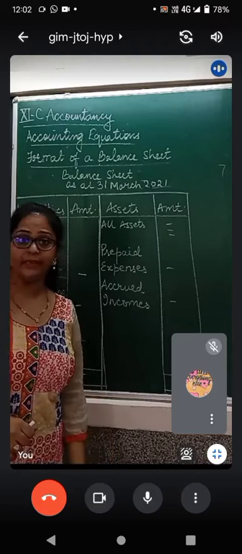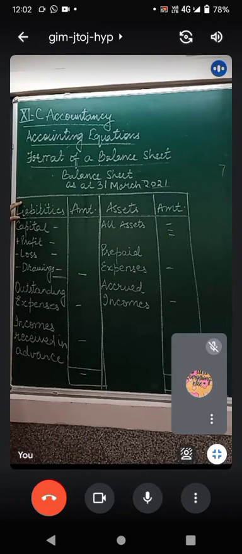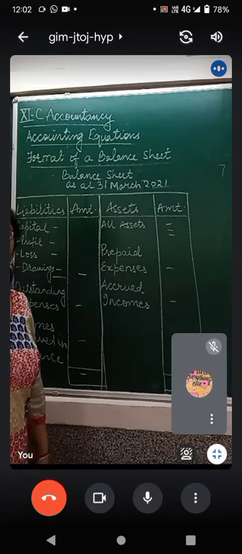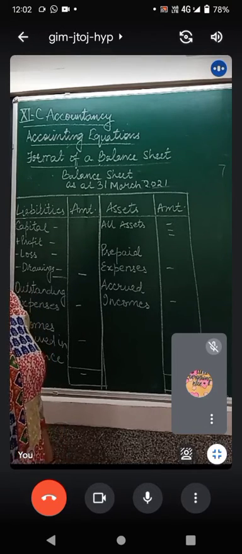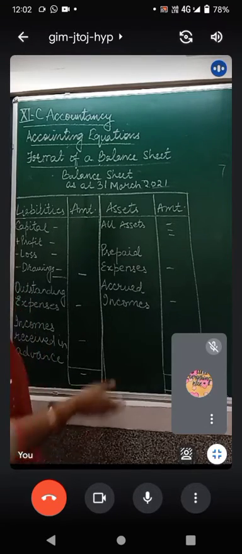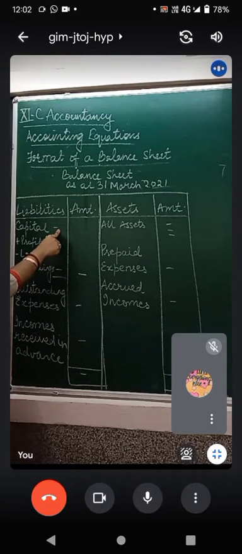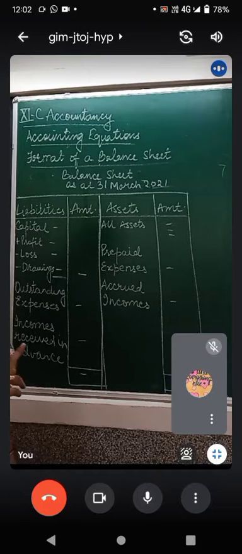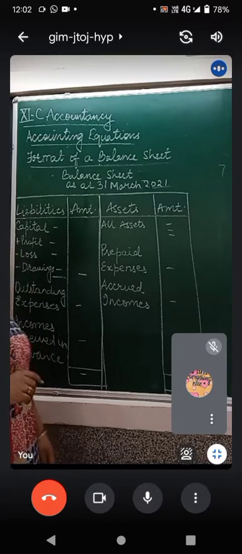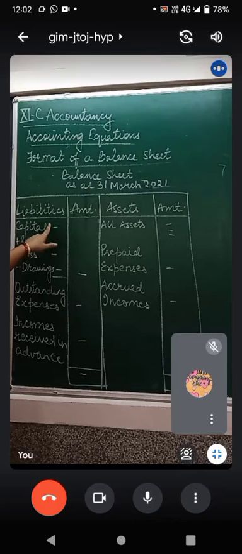Now what do we write inside this? In the liability side, children, we write capital, capital of the business or the capital of the firm. The question will tell you XYZ started business with cash. Means he started business with that amount of capital. So the amount of capital is written. Then if there is any profit, like we sold stock on profit, so there was a profit. Profit is always added to the capital. Capital का amount लिखेंगे, then add profit.